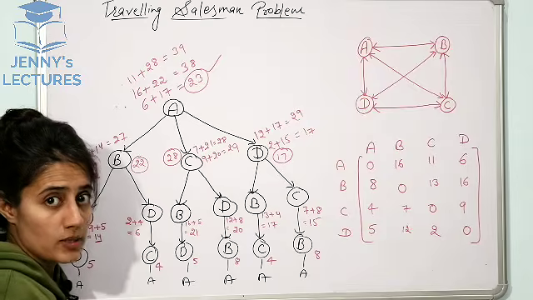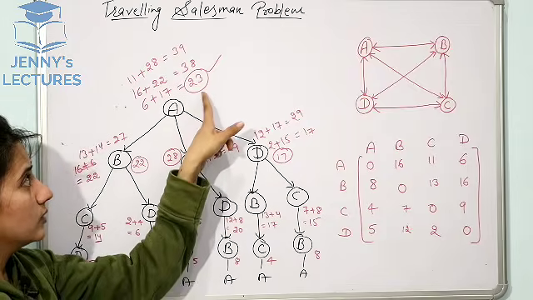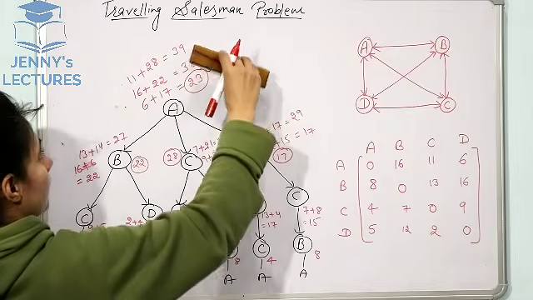So this would be the answer. Okay. The minimum distance route has the total distance of 23. If I write the formula, then it would be,